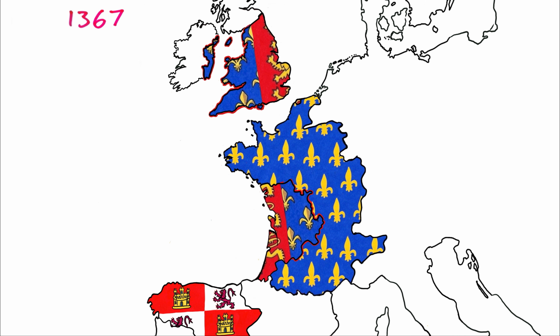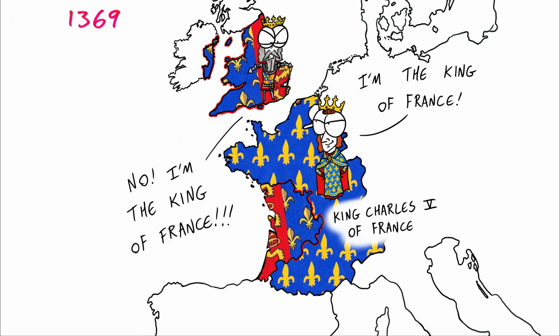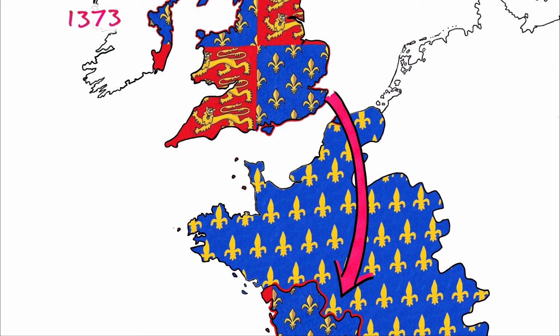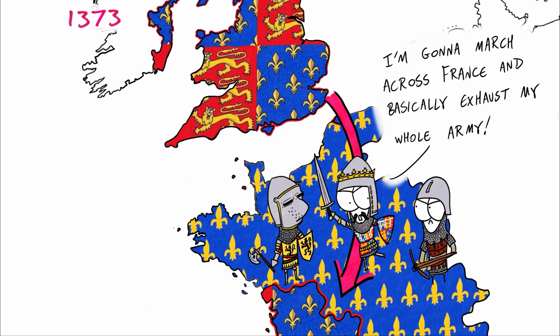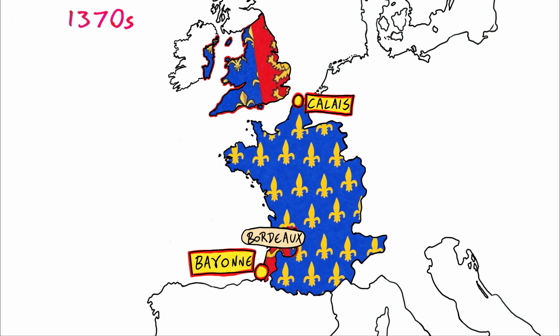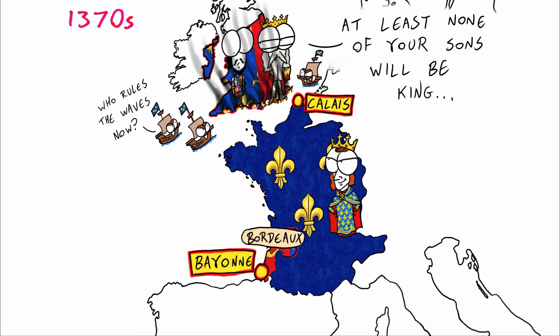Edward the Black Prince briefly got involved in a civil war in Castile, but to no avail. With a new French king, war in France stirred up again. Edward, now an old man, sent his son John of Gaunt to lead, and after a long, miserable march across France, they left with little fight, and England's lands on the mainland were reduced to Calais, Bordeaux, and Bayonne, and left the southern English coast open to French raids.